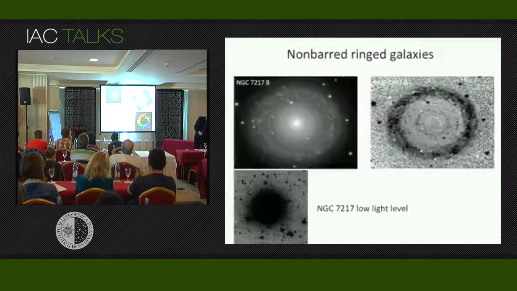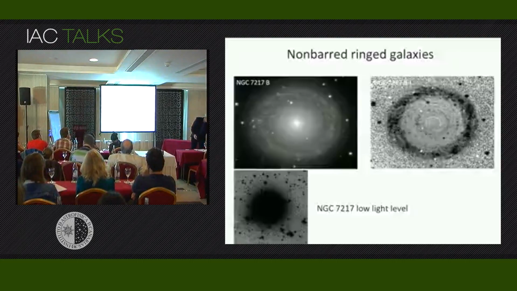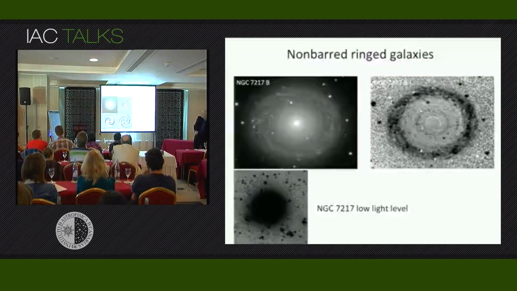And as a class, non-barred ring galaxies are rather interesting. This is NGC 7217. On the left is a blue light image. On the right is a B-I color index map. And at the bottom is a very deep image of NGC 7217. Now, it's inclined about 35 degrees, but at very low levels, it's round, as if it's embedded in a very significant amount of bulge. And people discovered counter-rotating, some fraction of counter-rotating stars in this galaxy